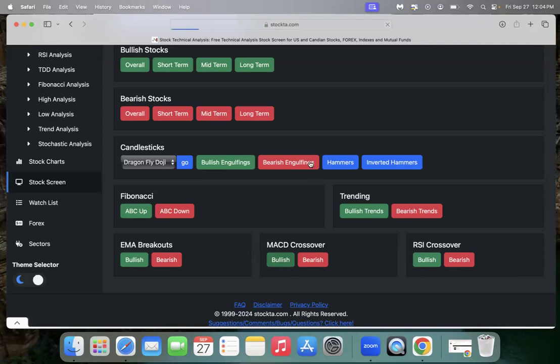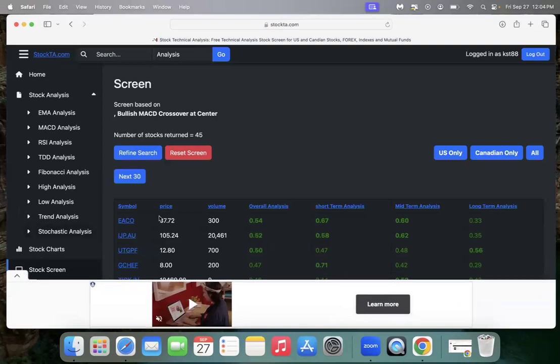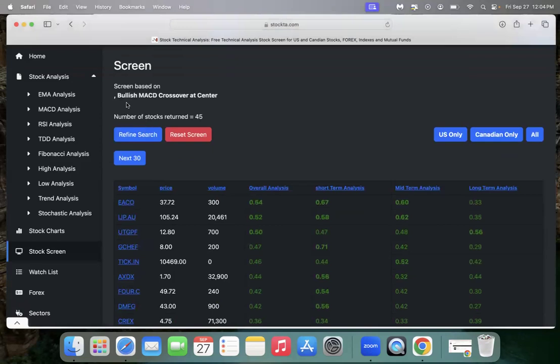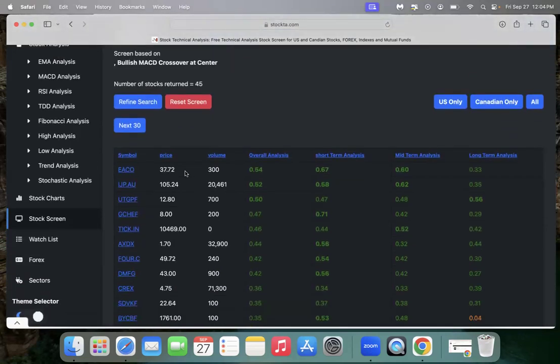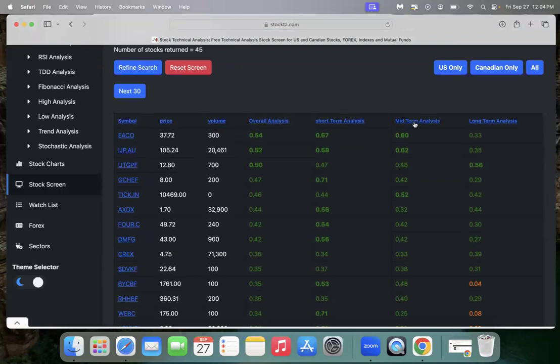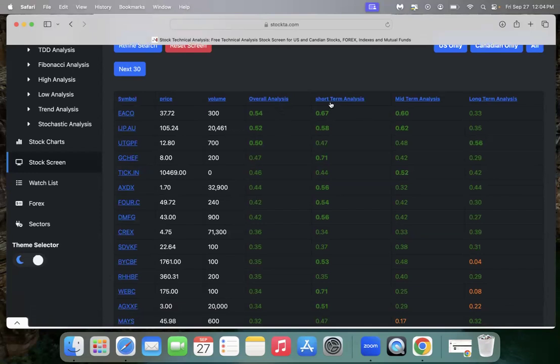So we hit bullish. It'll run. There are 45 stocks in our system right now that are running with a bullish MACD crossover. So you can click on any of these tickers and it gives you an overall score. Again, if it's green, that means it's bullish, and the higher the score, the closer to 1, the more bullish the trend signal, which in theory could guarantee, doesn't guarantee anything, but could indicate that the stock is going to move higher. So short term,